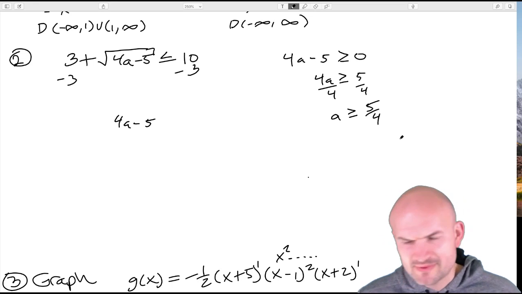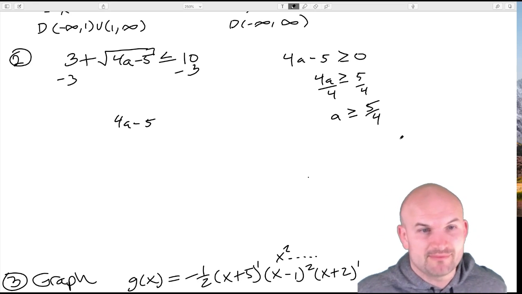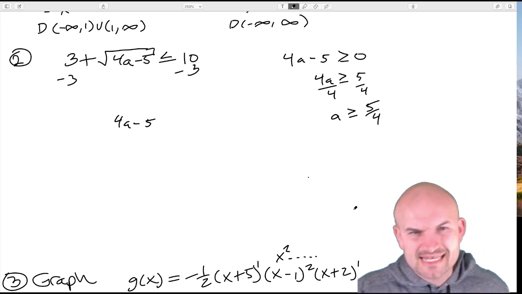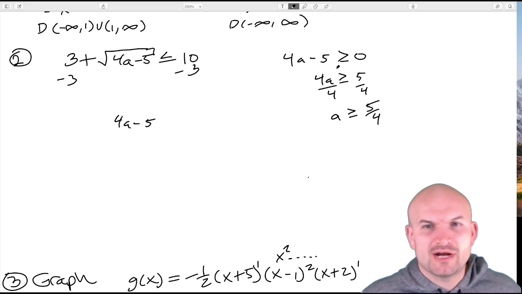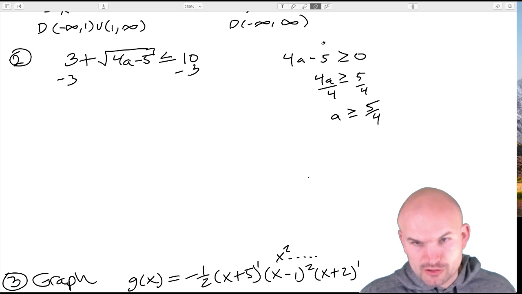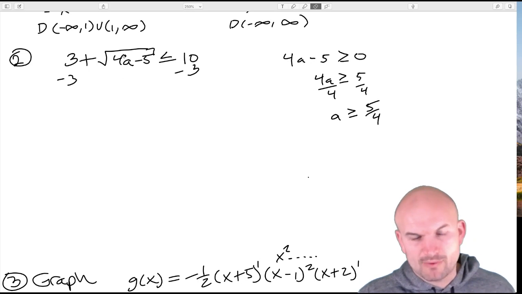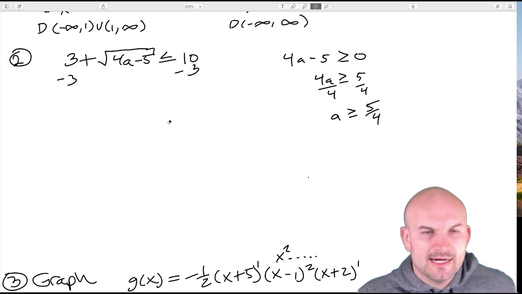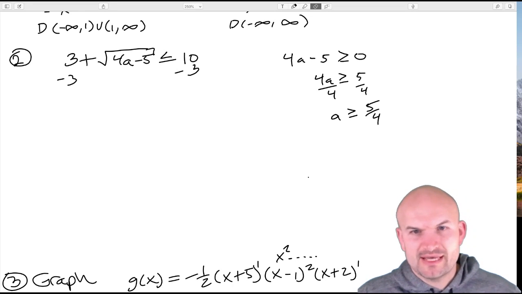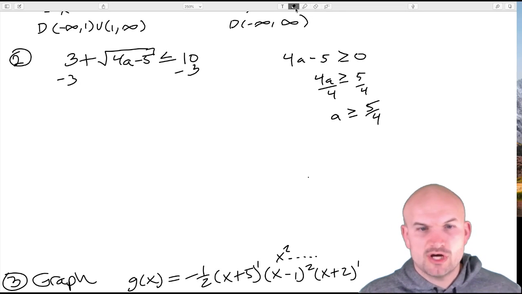Sorry, it's been a while since I did my absolute value inequality. So I know I'm missing some important concepts on the problem that I need to make sure I address for you, and I'm just trying to recall them from my brain right now. Obviously, as far as the domain, we know that this is going to be under a radical. We know that's going to be true. So I'm just trying to think of what else I might be giving as far as helping you out with the solving.